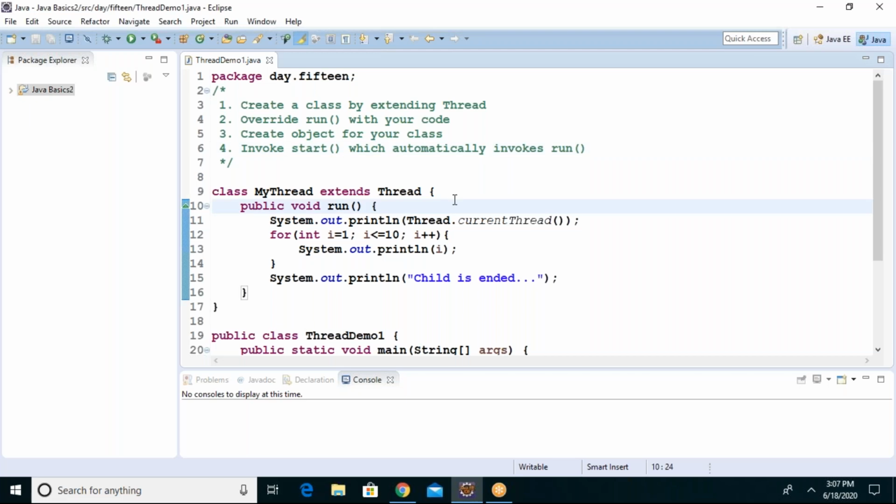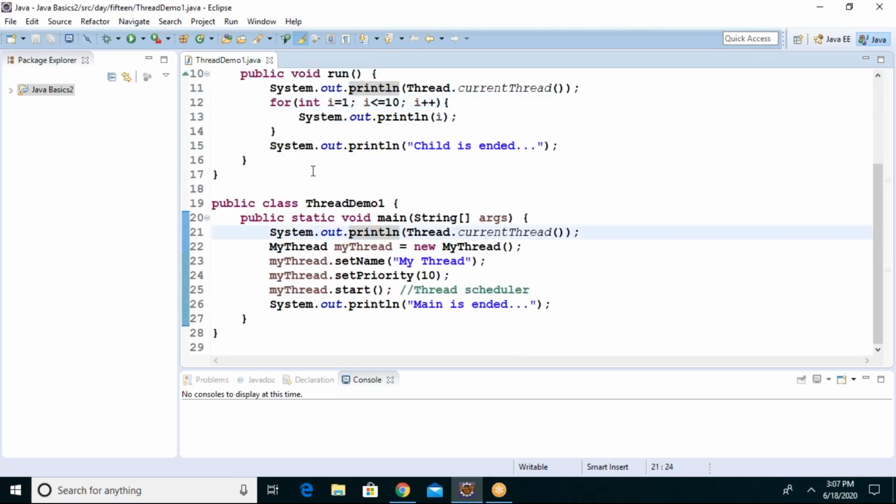Yeah, guys, what is the use of thread? Why do we use a thread? Anyone?